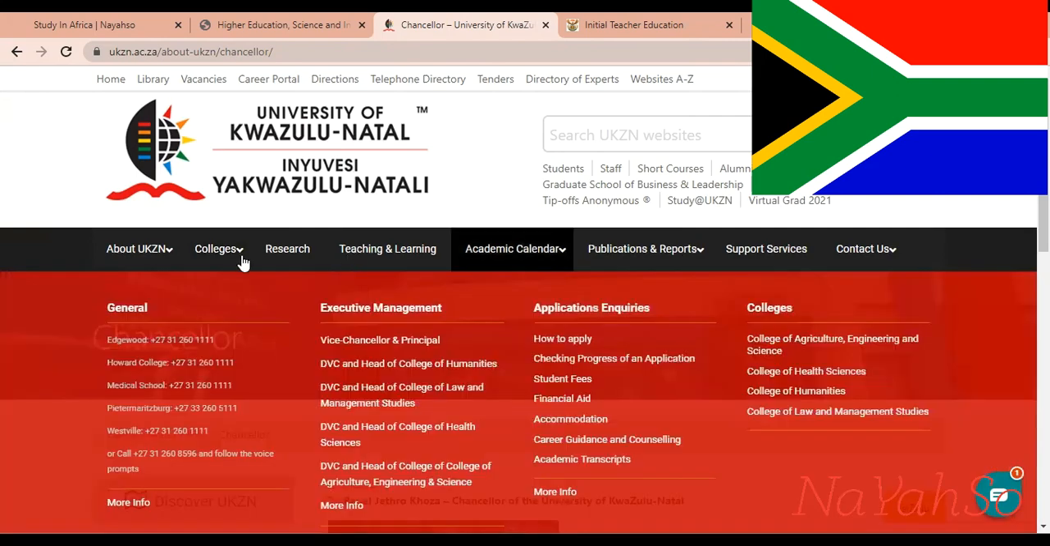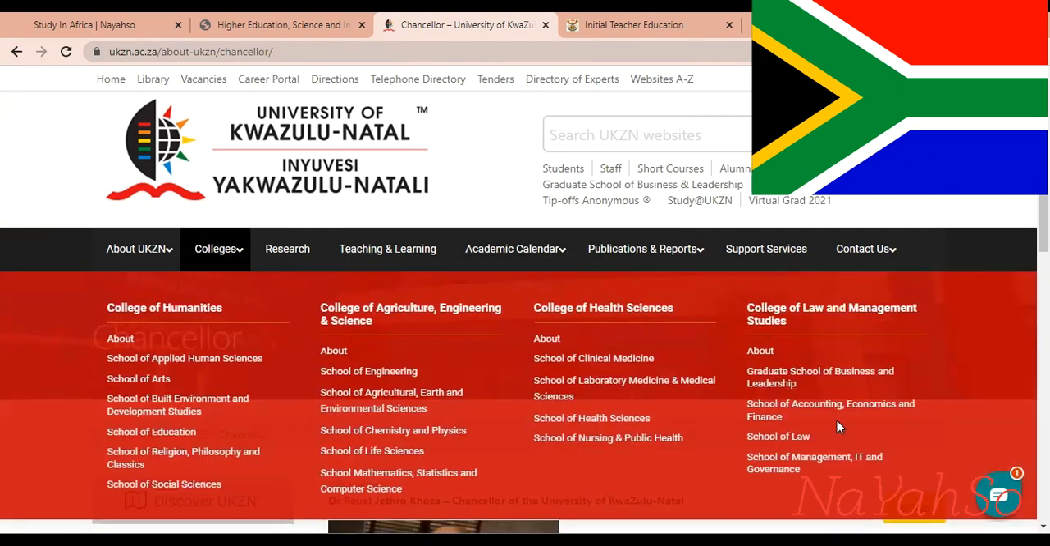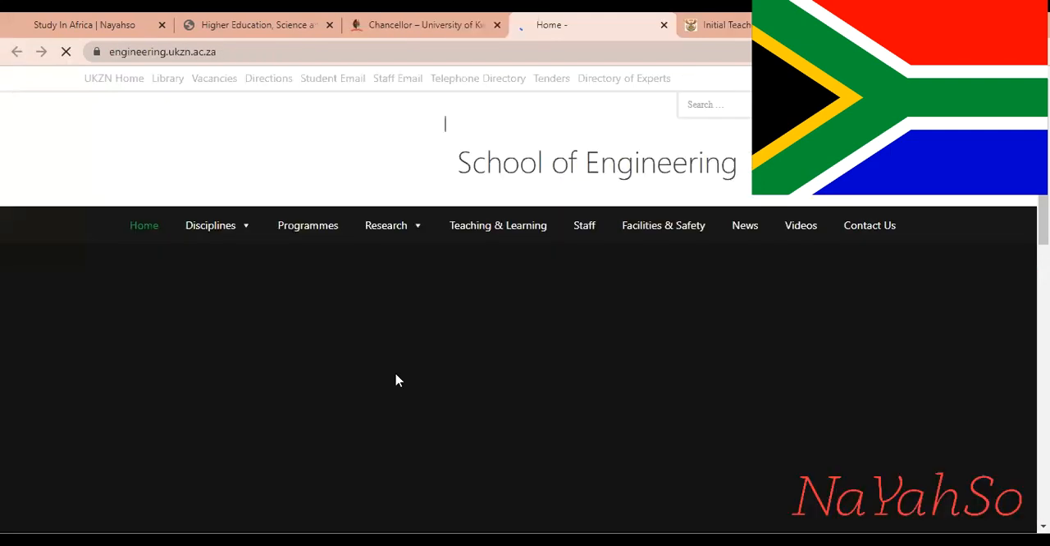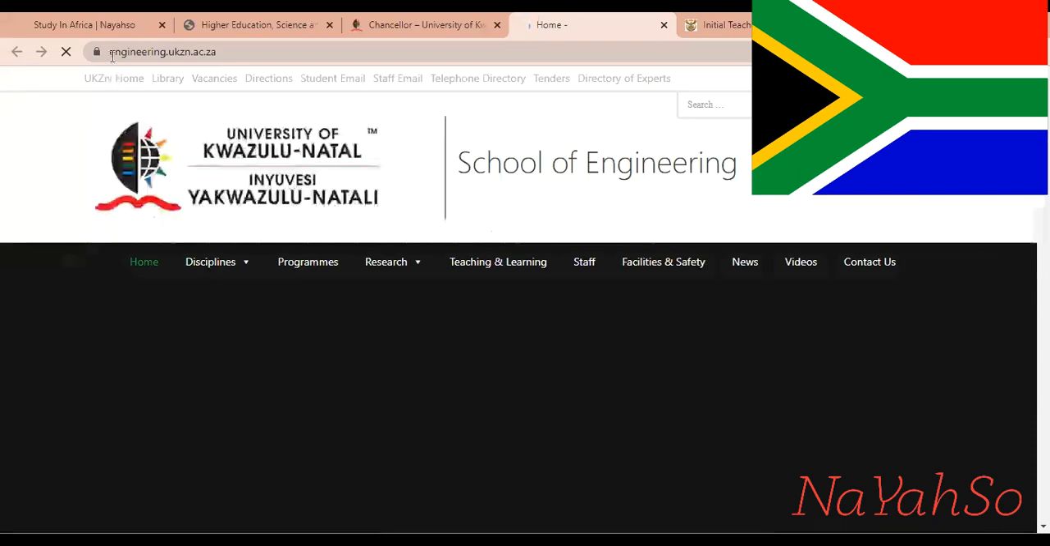So it has School of Law, Management, IT, Governance, Accounting, etc. So this is School of Law and Management Studies. So that is a lot. You can just about study a whole bunch of things at the University of KwaZulu-Natal. So let's choose something at random. Let's choose engineering. So it has, notice straight away, it's got